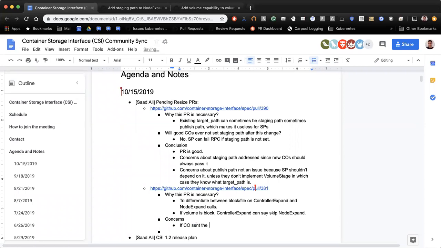No, that's a valid use case. That's valid, and I think that's a good point. But that boils down to the same thing: the CO is supposed to validate the volume capabilities before sending it, but